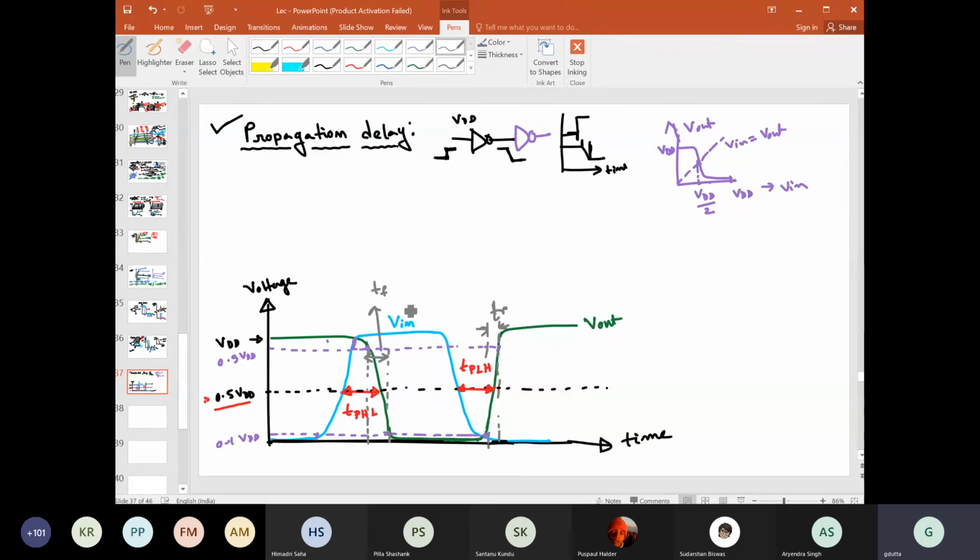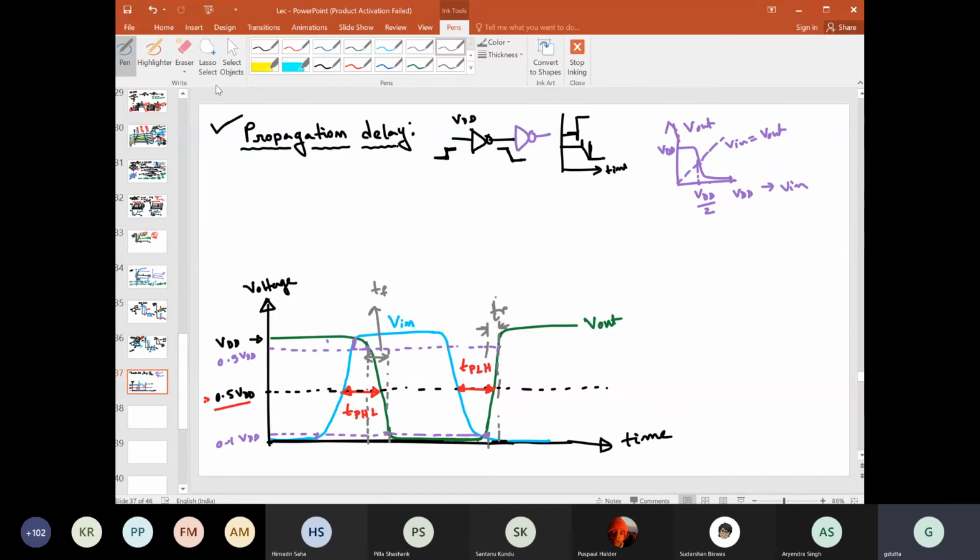But generally this rise time and fall time, even though they can impact the output delay, are not attached with a particular gate. They are seen as an individual metric of a signal at a particular output level. Generally we do not connect this rise time or fall time with a particular gate. We treat this performance metric differently.